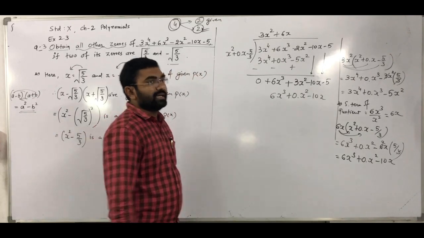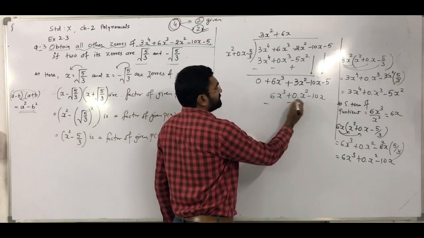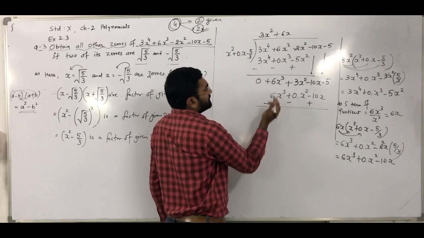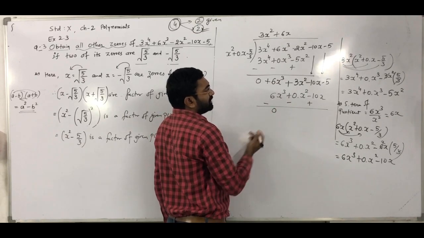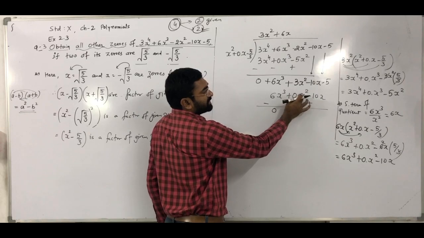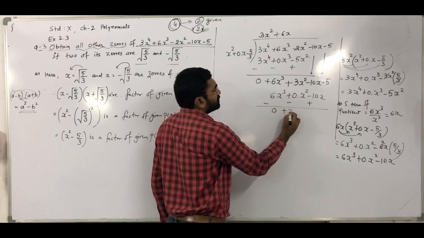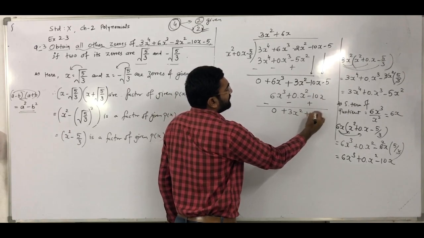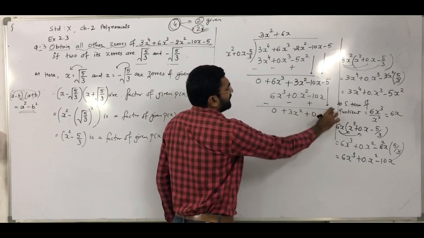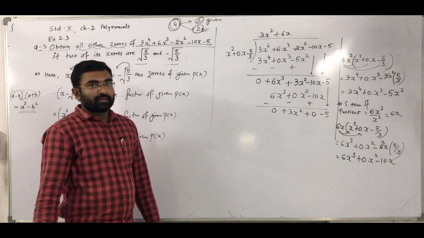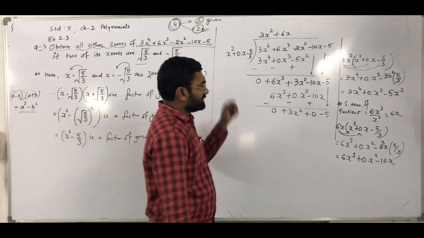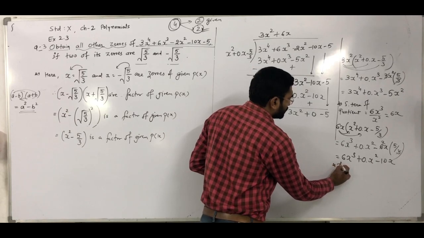Now we have to change the sign. Plus becomes minus, plus becomes minus, minus becomes a plus. Okay, so plus 6x cube minus 6x cube is 0 only. That term is 0. 0 into x square means 0. So we get the plus 3x square. Here minus 10x plus 10x is 0 only. Remaining term is a minus 5. We have to write. Now again 3x square and here is x square. So it is divisible. So third term of the question.